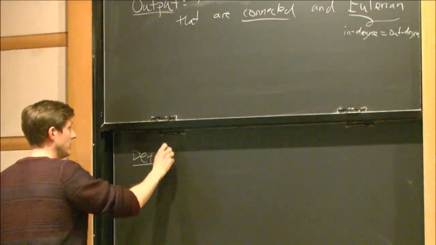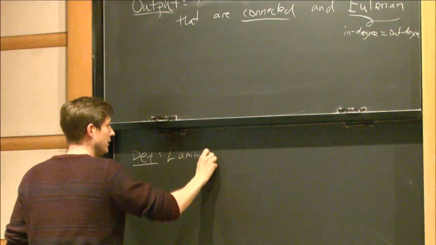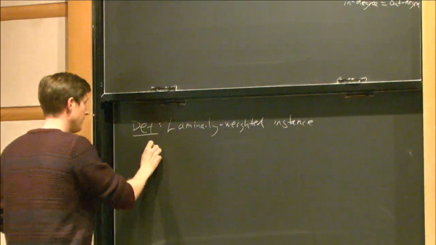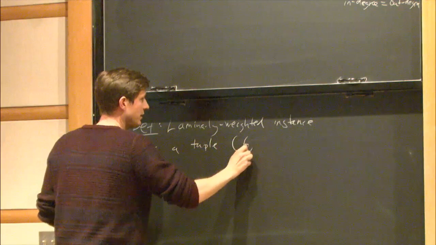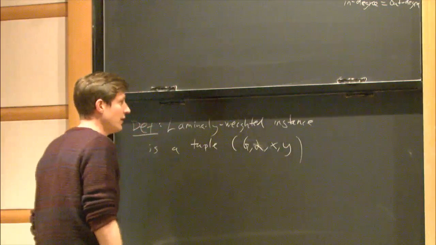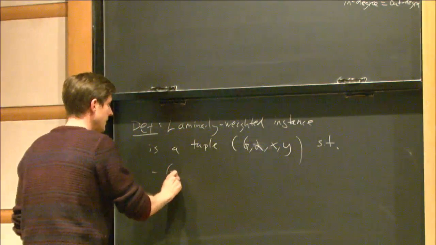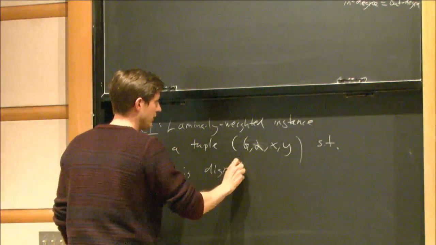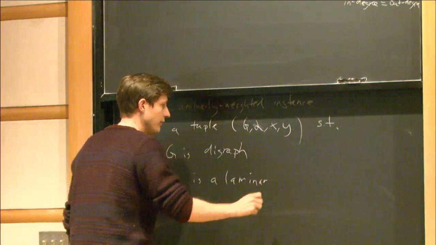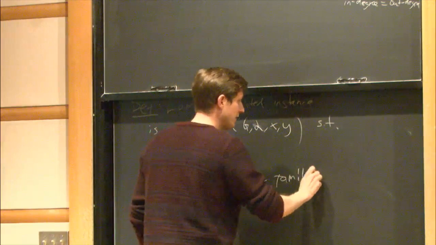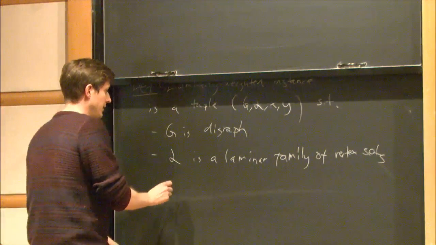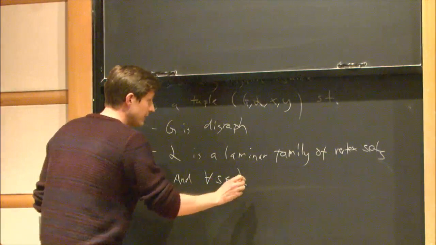So, definition: a laminarly weighted instance is a tuple G, L, x, y such that G is a strongly connected digraph, L is a laminar family of vertex sets. Okay. And for every S in L, right, we had that